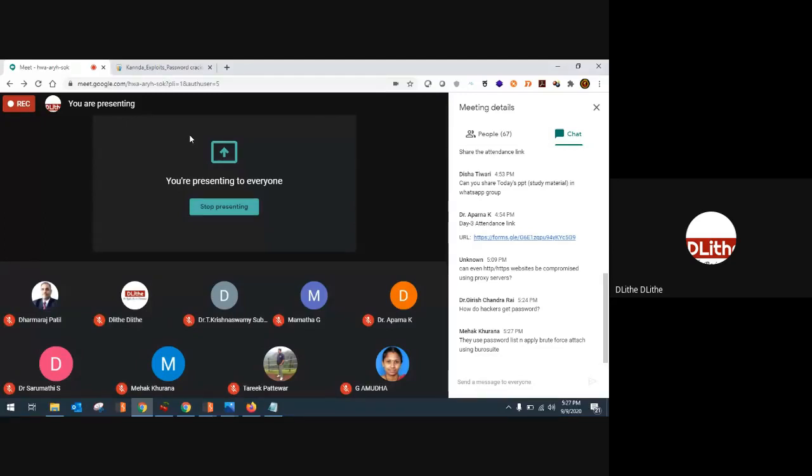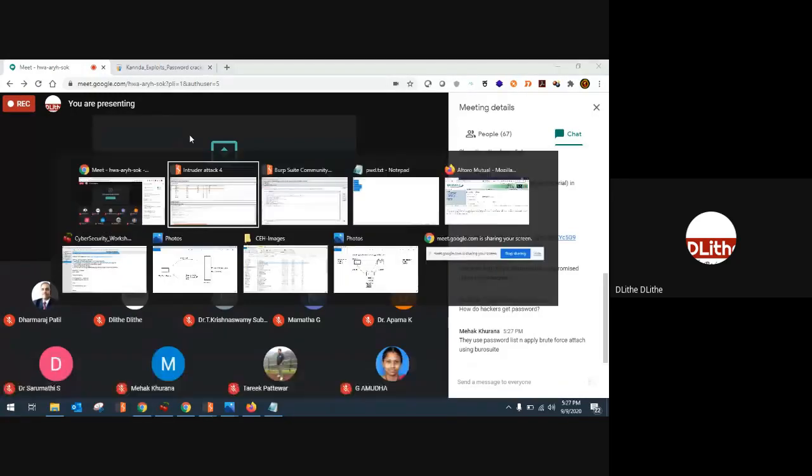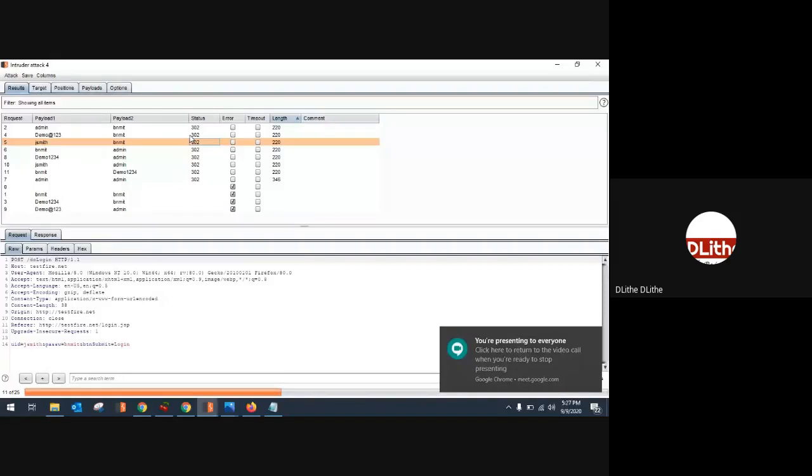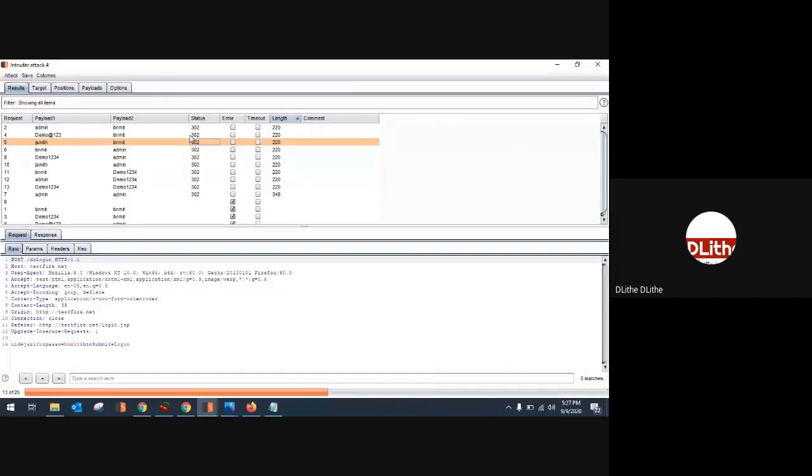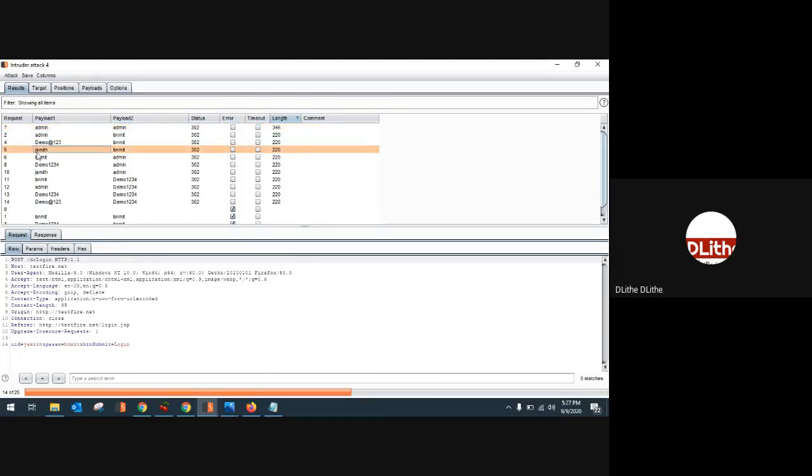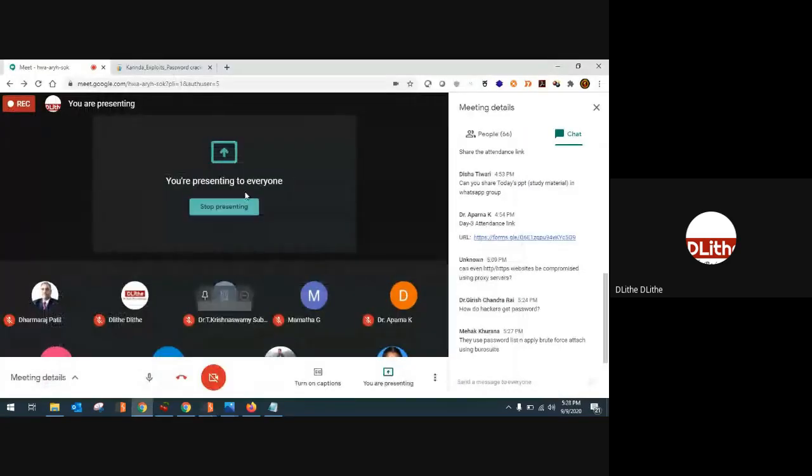So whatever we did currently is basically called brute force. This overall attack in technical terms is called password brute force. Brute force is nothing but trying various combinations. You can see one password has been cracked: username admin and password admin, where the difference is 346. So wait for a while, another account should be cracked. That is JSmith, whose password is demo123.